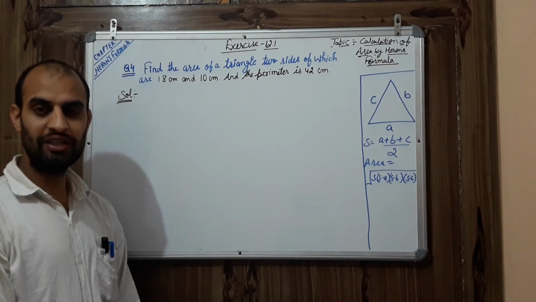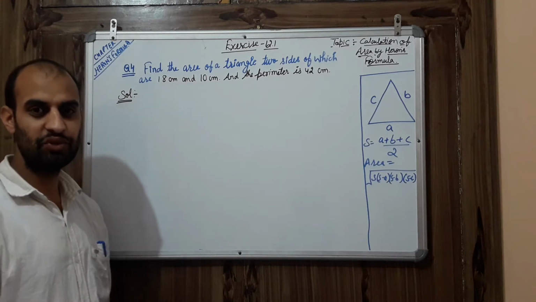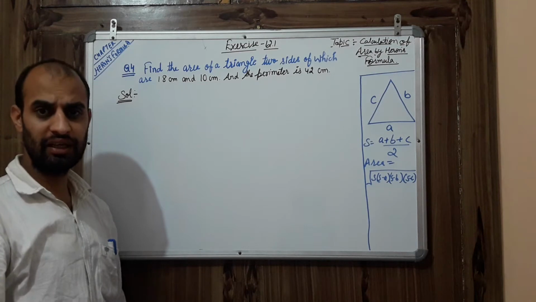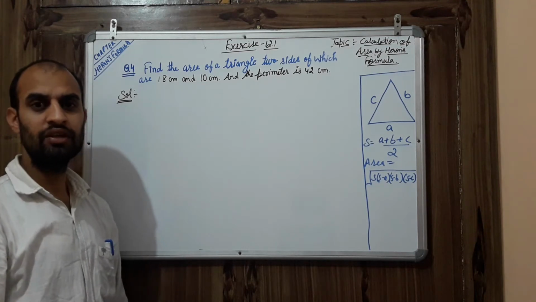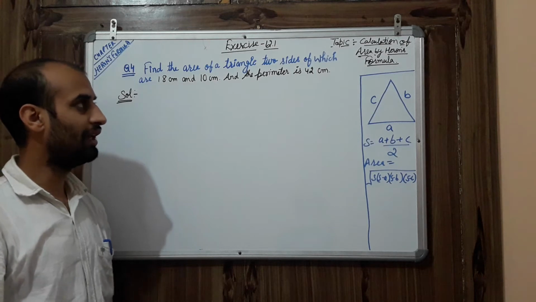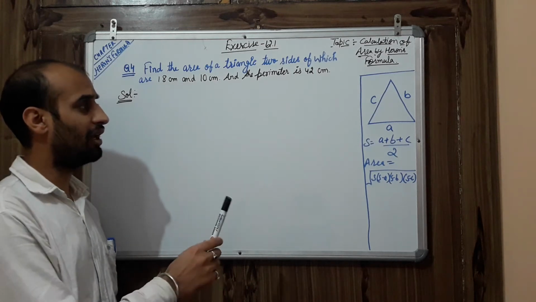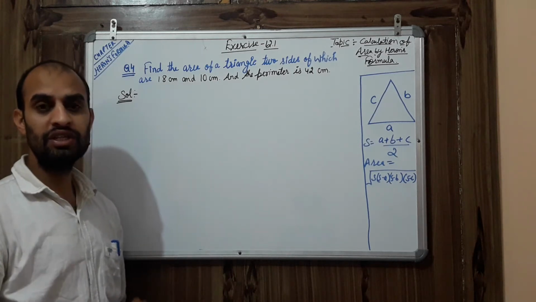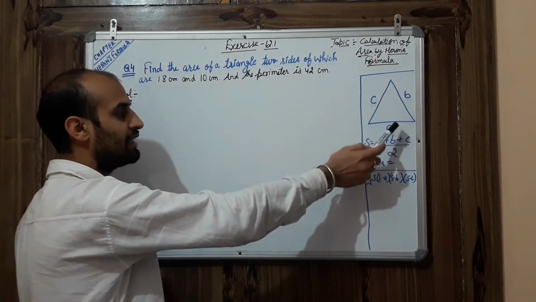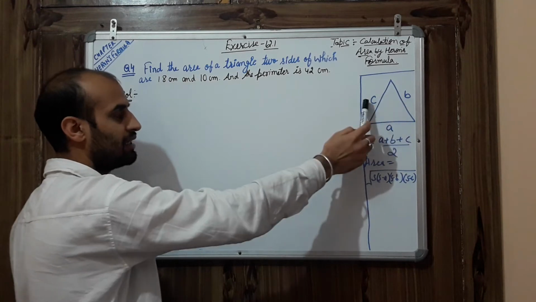As you all know, we are in chapter number 12 that is related to Heron's formula. This is related to the area of a triangle, or sometimes we can use it for quadrilaterals also. So today I am going to tell you about this formula when the question is given in the form of perimeter. If a simple question is given, when all sides are given to you like A, B, C, then simply we